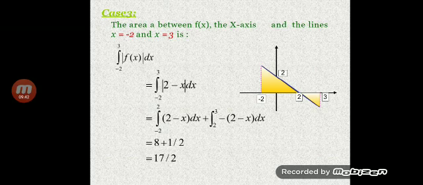This is the area from x is equal to minus 2 to x is equal to 3 for the function f of x, 2 minus x. Are you getting my point? Above plus, below minus, and this is the combination of both, the addition of both the integrals we have considered.